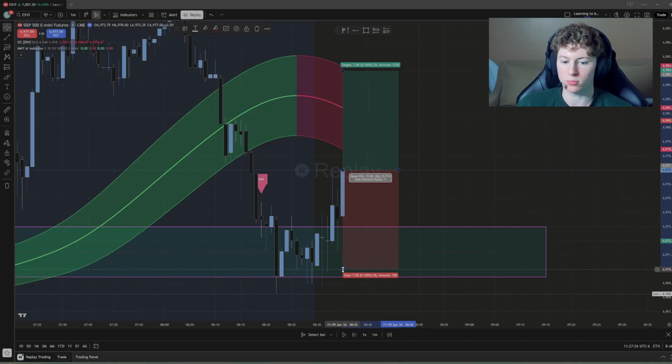If you want to have your own way, you could do midpoint, you could do last draw on liquidity down here, see right here. But I would keep it at 7. Me personally.